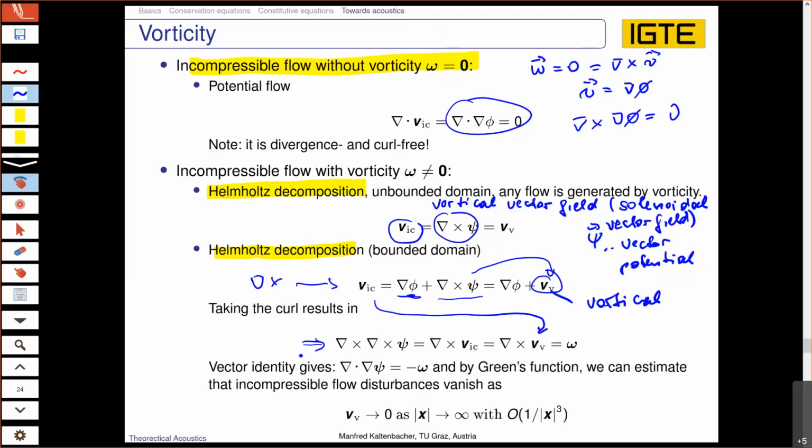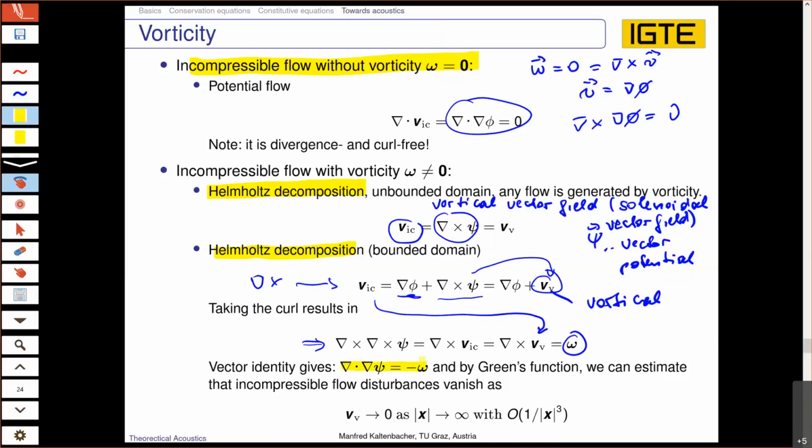So you see, you get a partial differential equation where you can compute now this vector potential psi, and the operator is the curl operator, and it is driven by the vorticity. Yeah, that is of great interest. It's driven by the vorticity. Now, since the divergence of